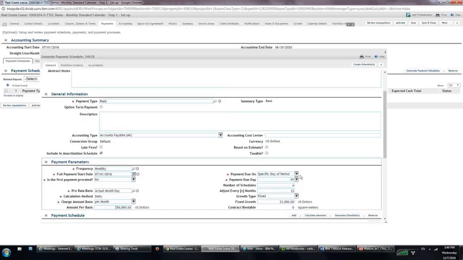One key feature that you need to also concentrate here is the pay due on. By default it is specific day of the period, but we also do support first day of the period and last day of the period. If you choose first day of the period, if you have a monthly payment, then the due date is the first of the month. If you are paying on the last day of the period, that means your due date is the last day of the month. For example, if you have January, February, and you're choosing last day of the period, your January first payment would be